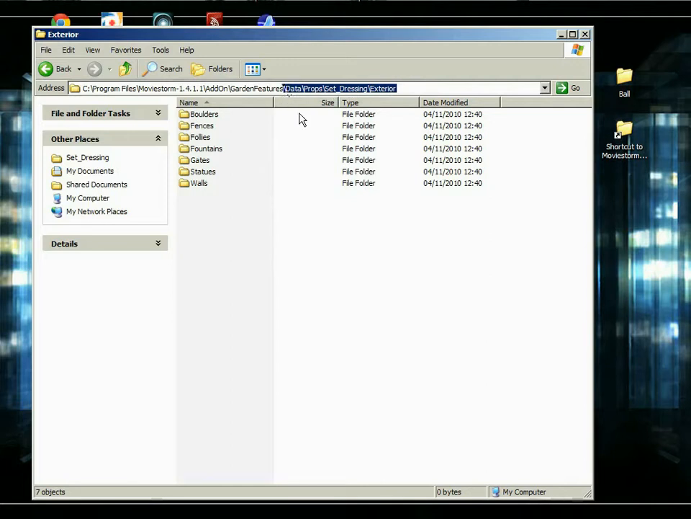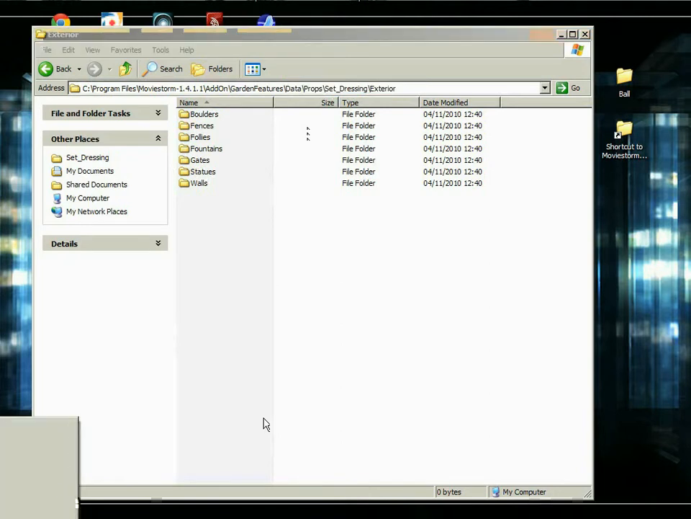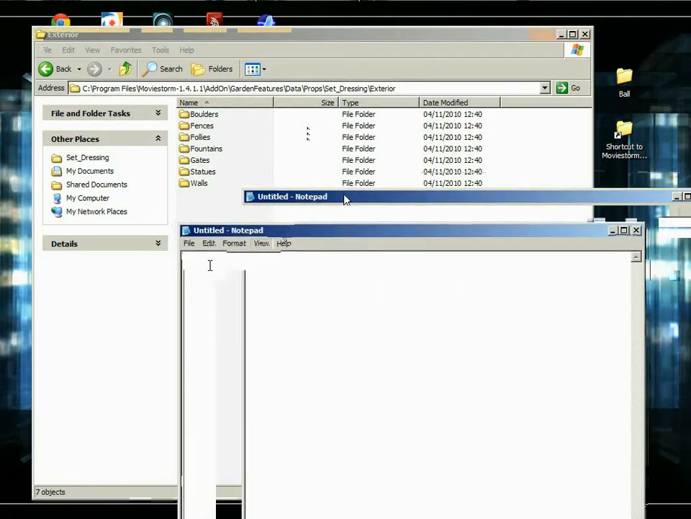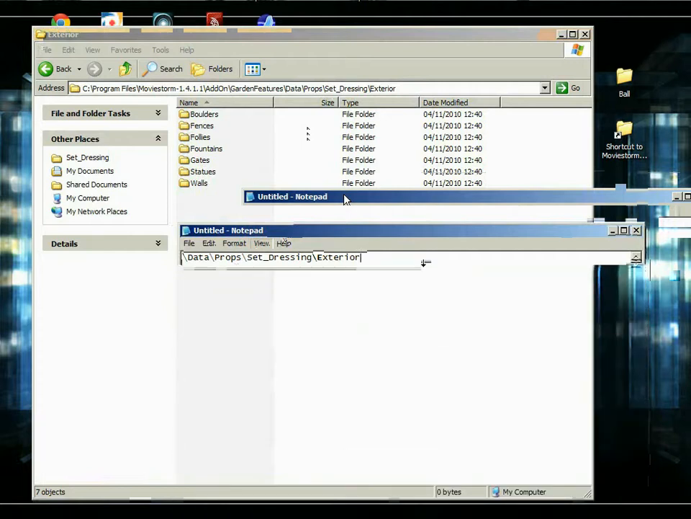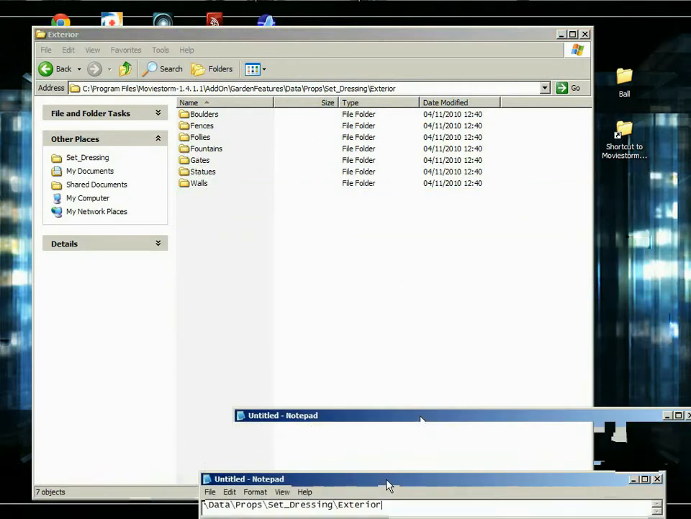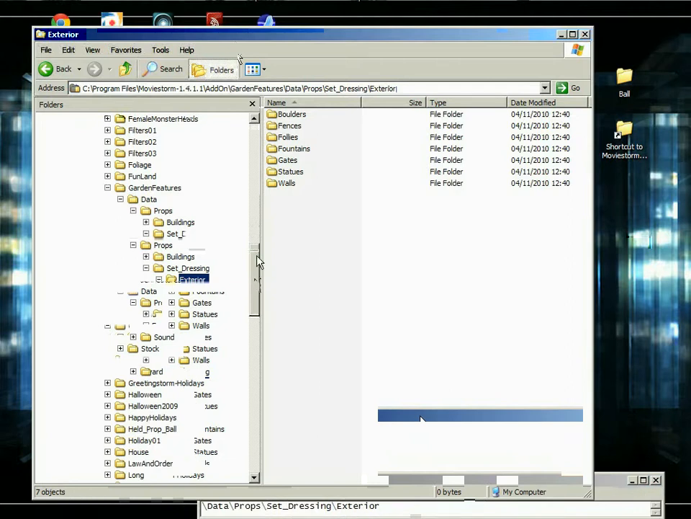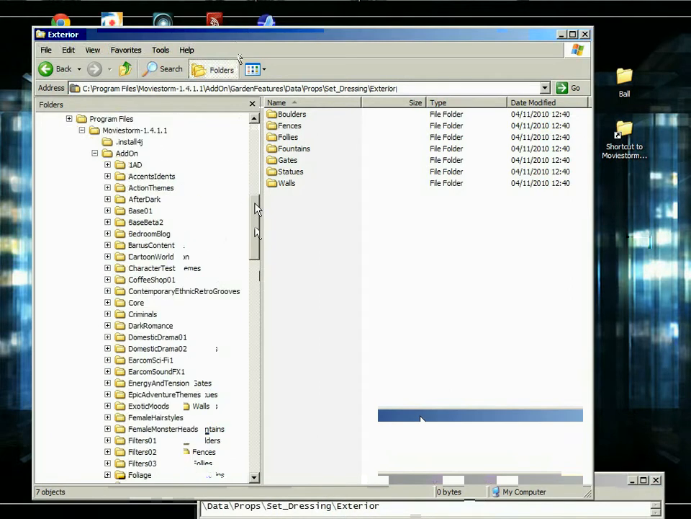So if we look at this section of the directory structure, you can see we've got data, props, set dressing, exterior. So I'm just going to remember that by pasting it into a notepad document, like so, and just move that out of the way so that we can reference it. Okay, so if we look at our folder directory structure here,